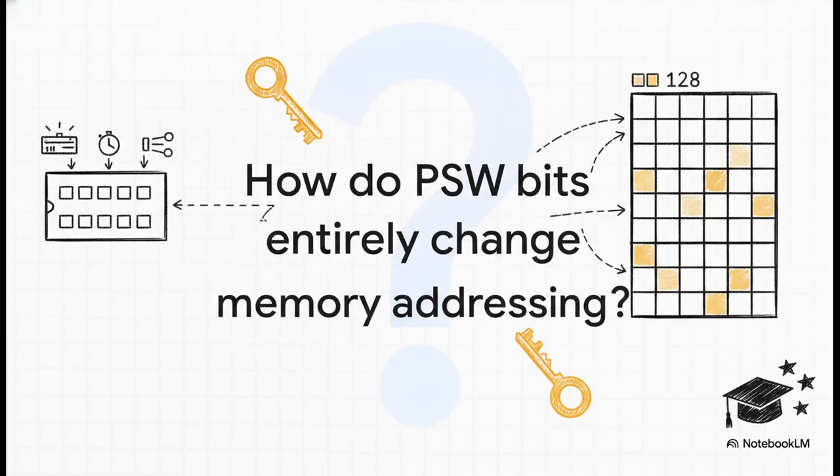Map it out. To really solidify everything we've covered today, I want you to ask yourself, how can manipulating just a few tiny bits in the PSW entirely change how a microcontroller addresses its 128 bytes of memory? Thinking through that exact relationship, how the flag dashboard directly manipulates the physical RAM map, is the golden key to acing this assembly exam. We've gone over the concepts, you've got the mental cheat sheet built in your head,